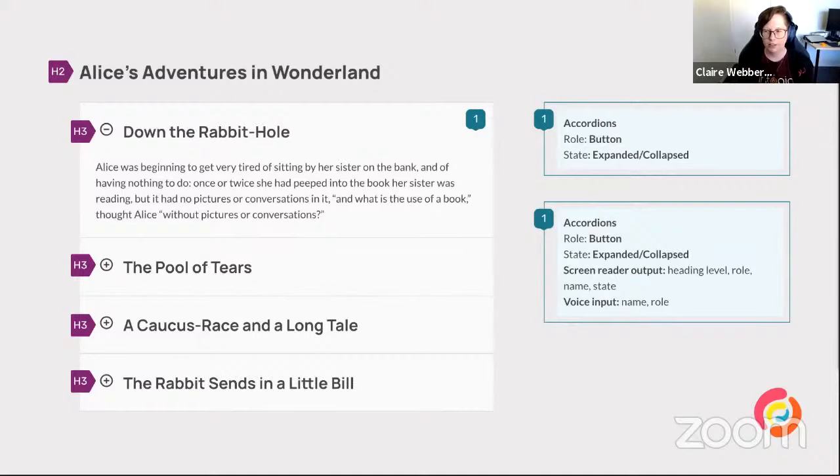There is an option here if you do want to add extra information for test cases to even build that out further. So we've included a second example below that has that same information, but also some extra information we can use to build test cases. So here we have what we expect a screen reader output will include. So it will include the heading level, the role, the name, and the state. That way a tester can look out for this information and what we expect of our voice input to be. So someone calling this element will need either or both the name and role information.